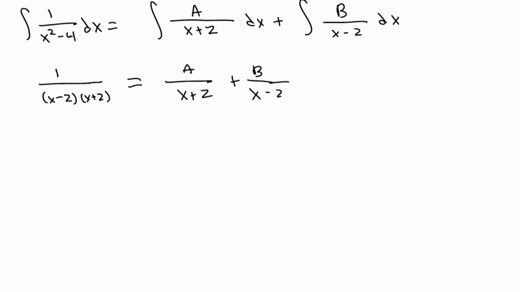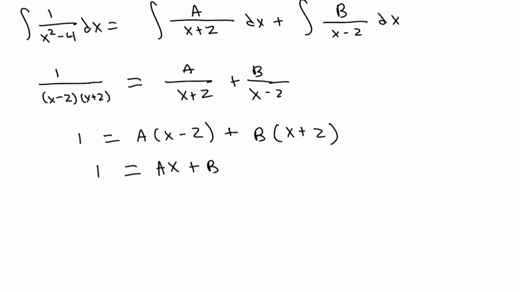So now we need to solve this equation. So to do this, we can multiply both sides times x minus 2 times x plus 2. So when we multiply the left by that, we get 1 is equal to a times x minus 2, because there's already an x plus 2 on the bottom, and then b times x plus 2, because there's already an x minus 2 on the bottom. So we can multiply this out, so we get 1 is equal to ax plus bx, I'm just moving these together because they both have x's, minus 2a